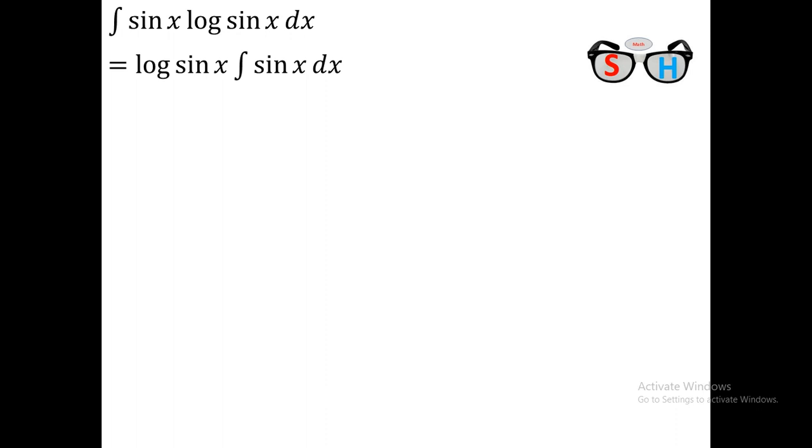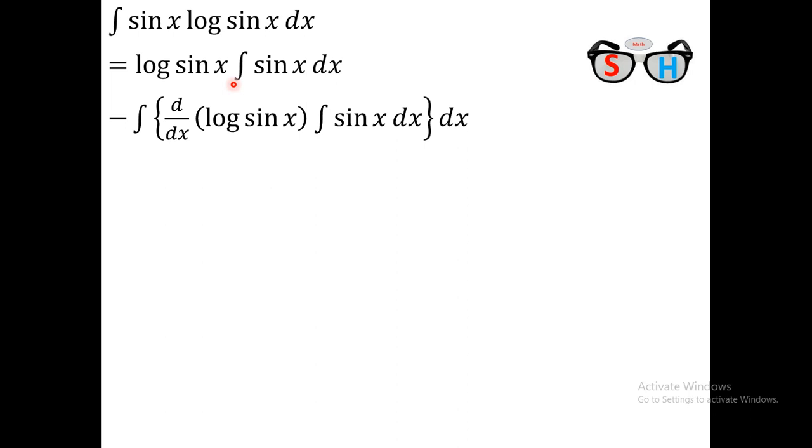Now I calculate integration of sin x log of sin x. This calculation is the same. Here you have to take log sin x as first function and sin x as the second function. Therefore, first function, integration of second function, minus d/dx of first function, integration of second function, again integration. Integration of sin x means minus cos x. Therefore, at first this will be minus cos x log of sin x. Here derivative of log sin x means 1 by sin x, and derivative of sin x is cos x. Therefore there will be cos x by sin x, and here minus cos x.